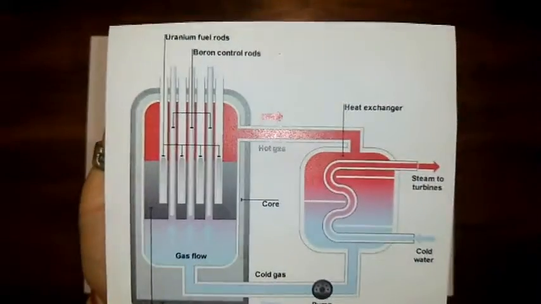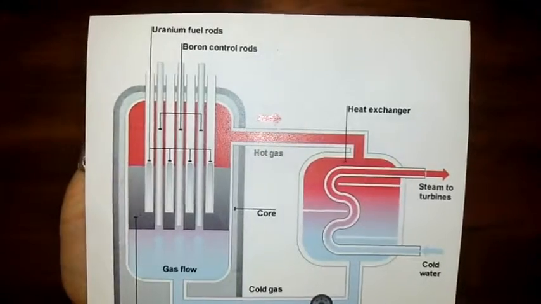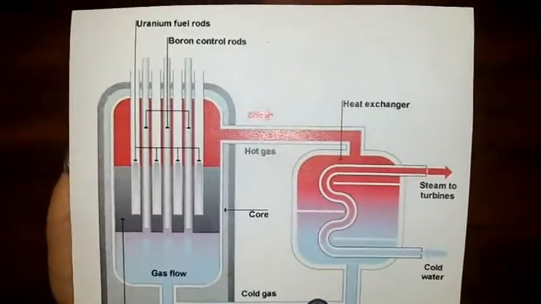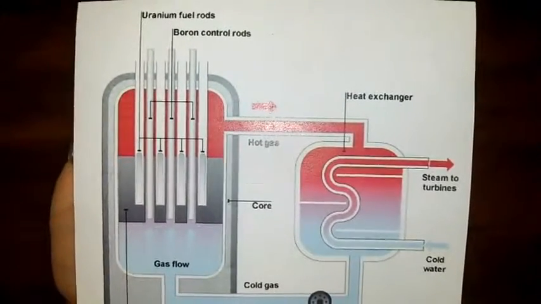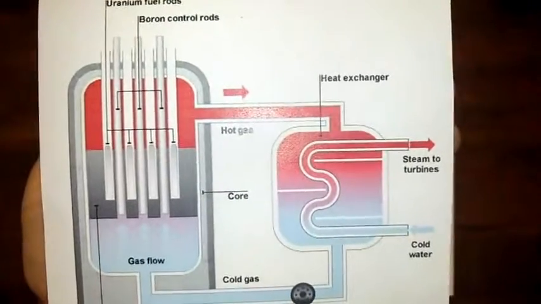Okay, we're now going to look at the inside of a nuclear reactor. In particular, we're going to look at the fuel rods, control rods, moderator, and shield. Before we do that though,